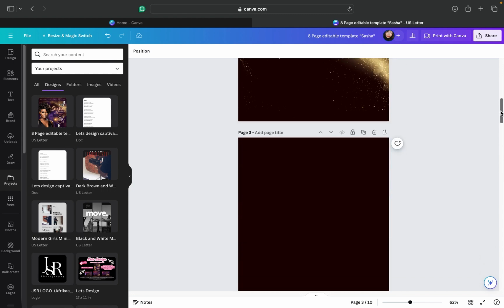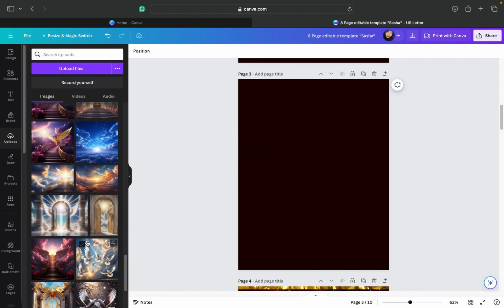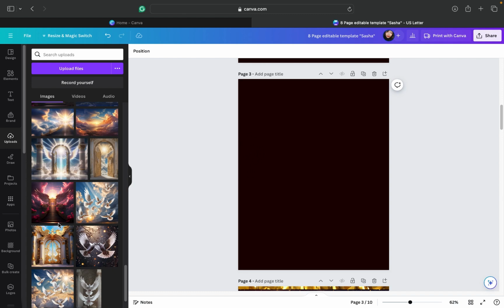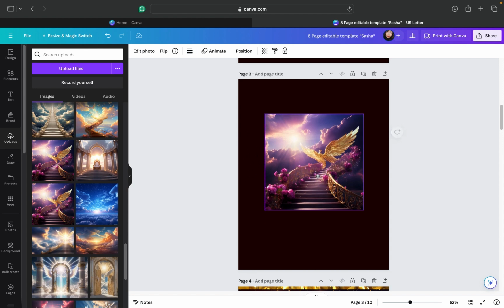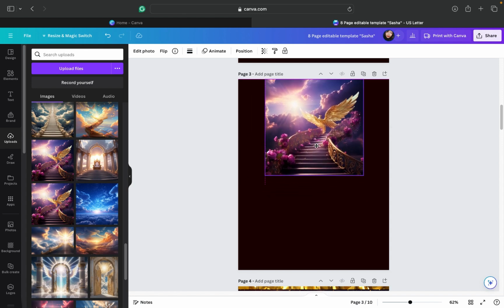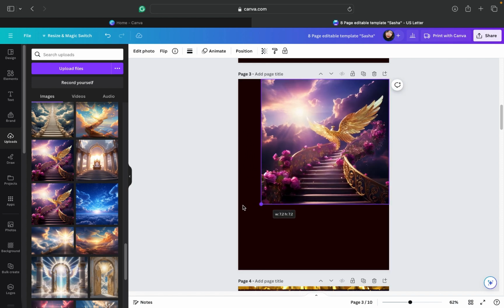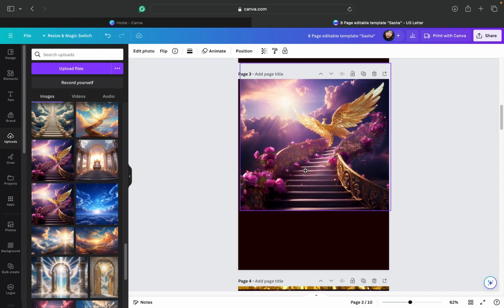Let me go back up here to page 3. All right, I'm going to go over to uploads. These are the various heaven scenes that I have that are actually in the bundle. So this is the one that I initially used. So I'm going to bring this up to the top of this page, and I'm going to expand it out to where it's going to cover the majority. Okay. I'm going to bring this up just a little bit,